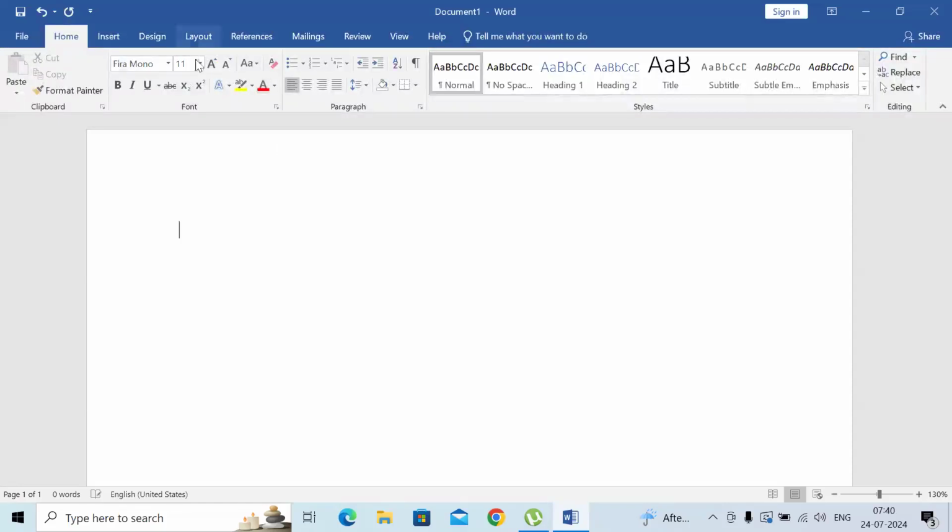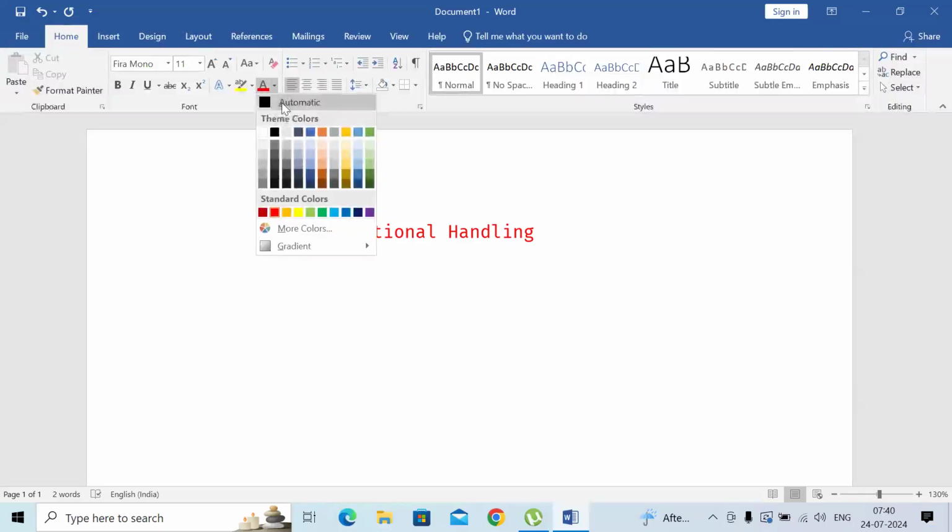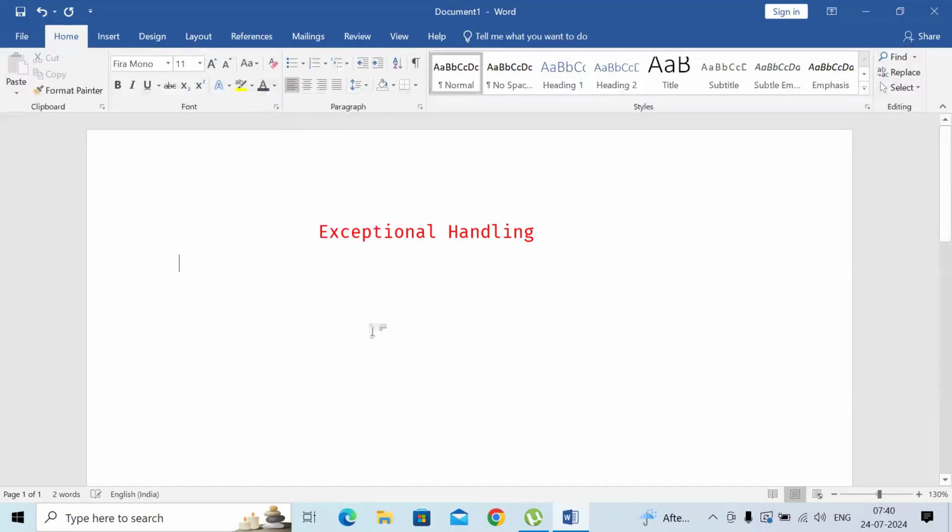Yeah, so we will start with a concept called exception handling. Let's go ahead and see what exception handling is. First we'll discuss this concept, exception handling, guys. That's our topic name. In this, we are going to understand first